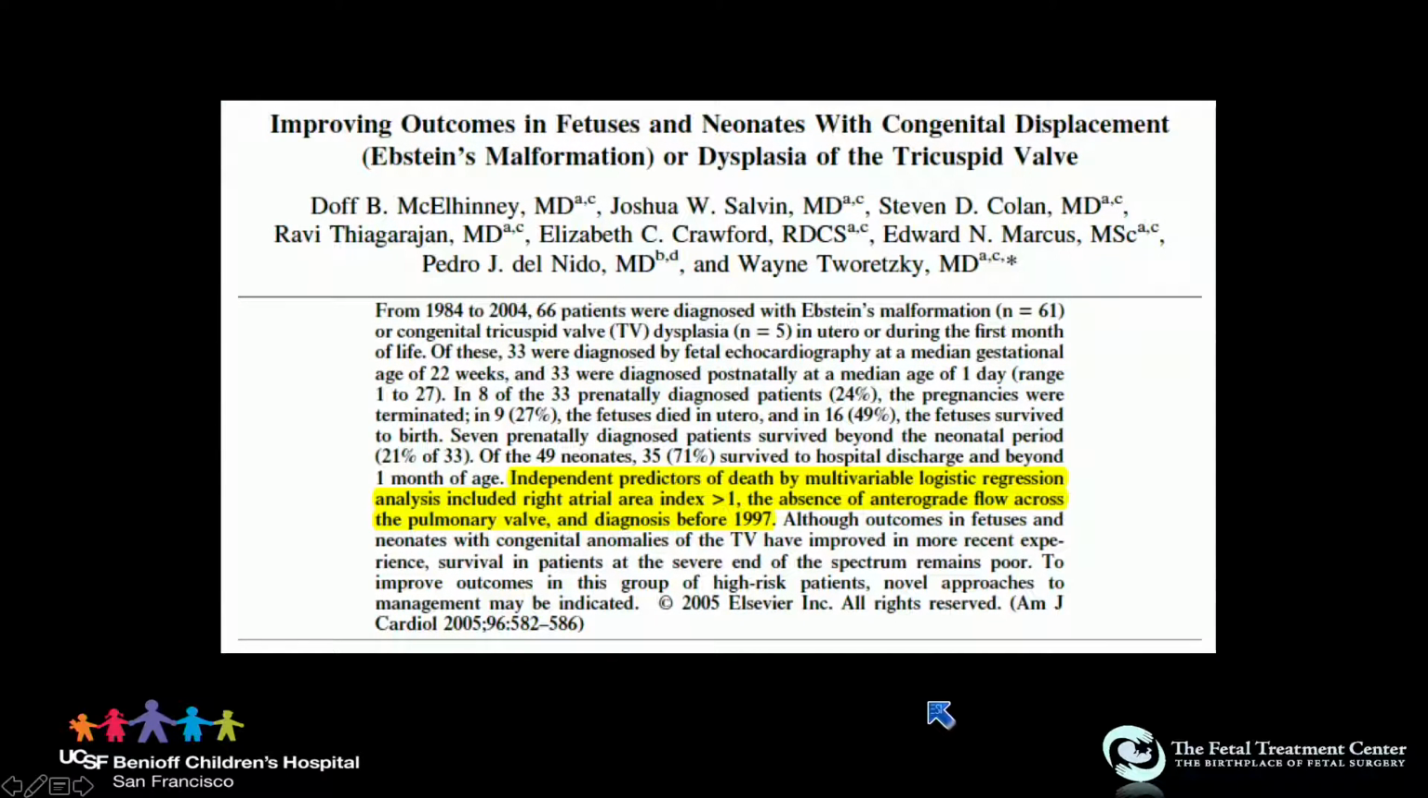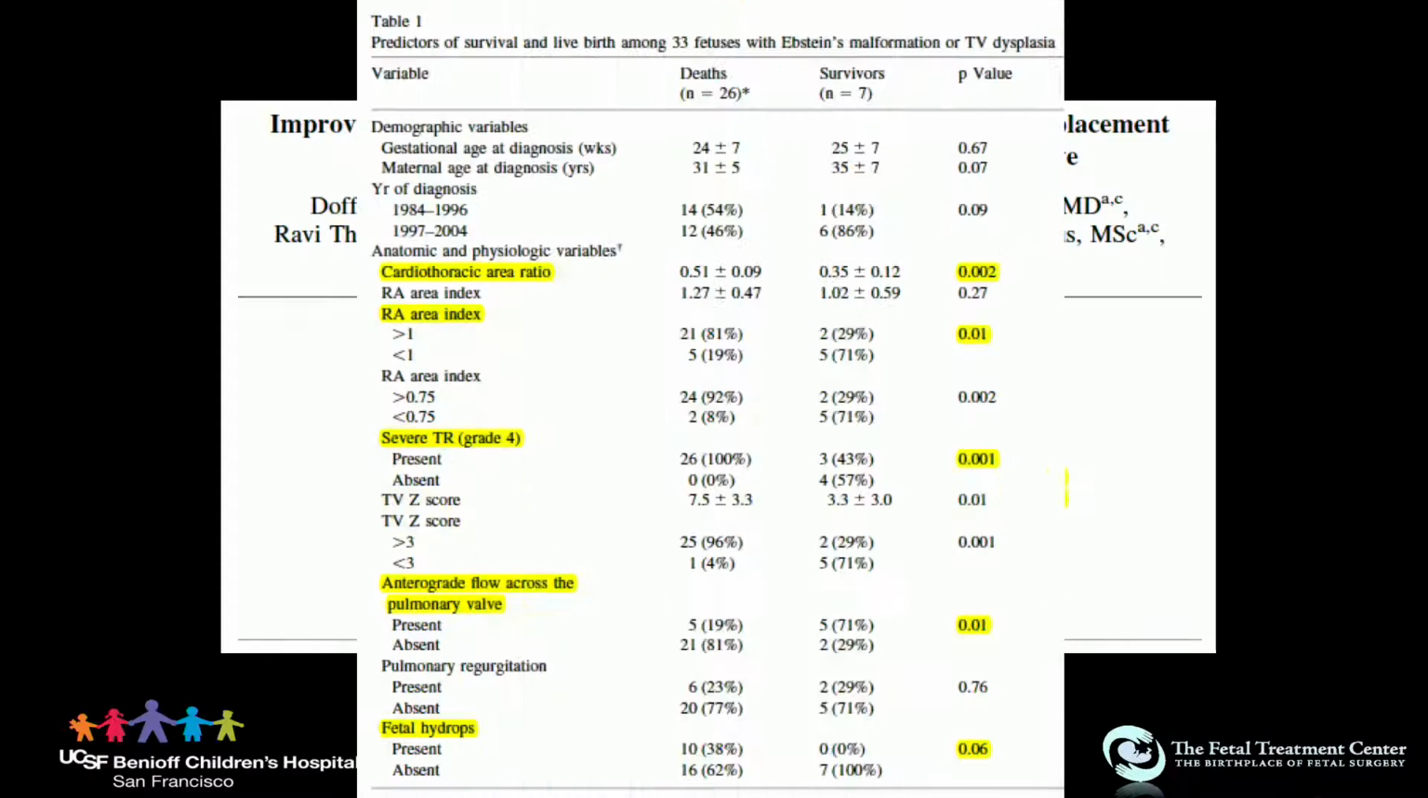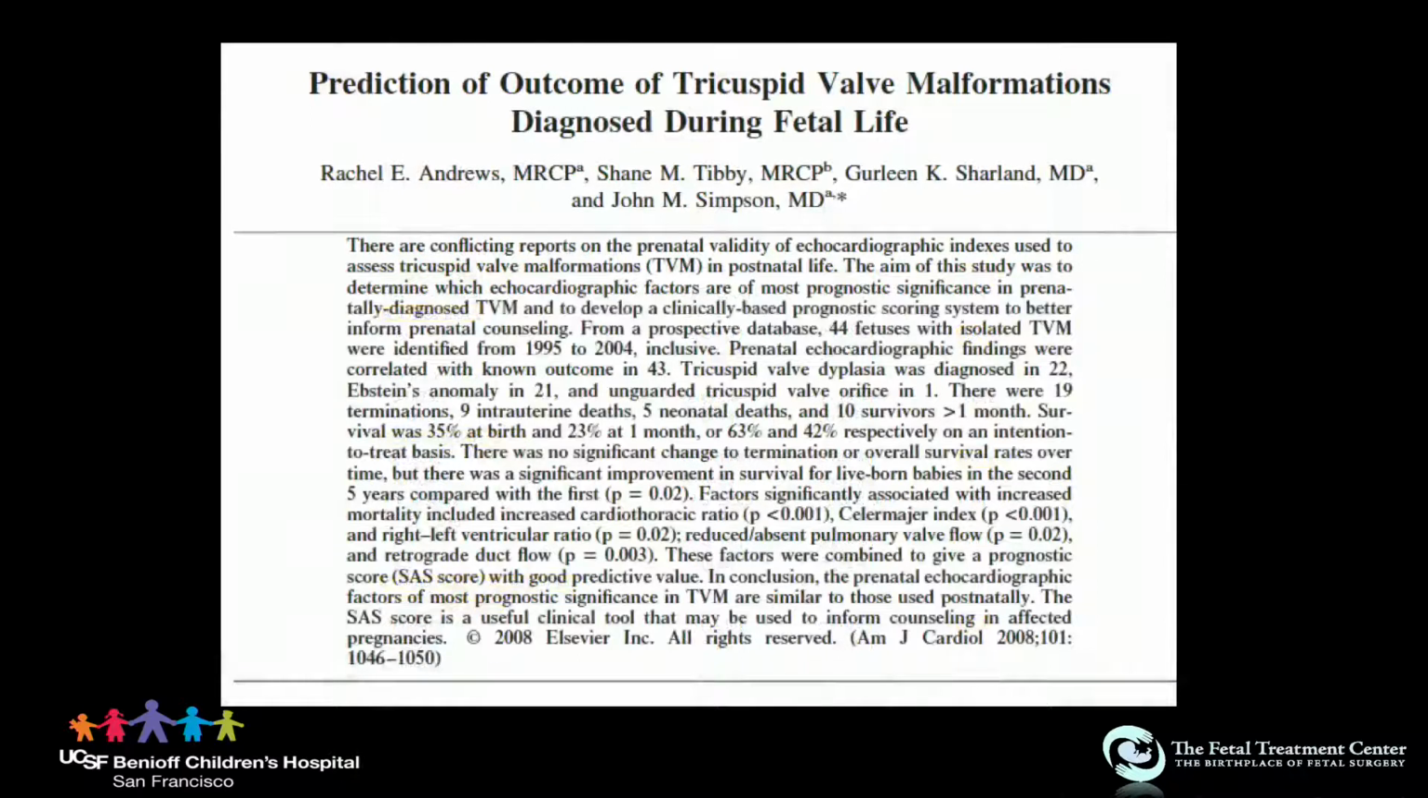This was an early single-center analysis from Boston where they found that independent predictors of death by multivariate analysis included right atrial area index, that's the Celermajer index, greater than 1, or the absence of antegrade flow across the pulmonary valve, like I showed you. So those predicted death in the fetal or neonatal period, but they only had 7 prenatally diagnosed patients. So there have also been